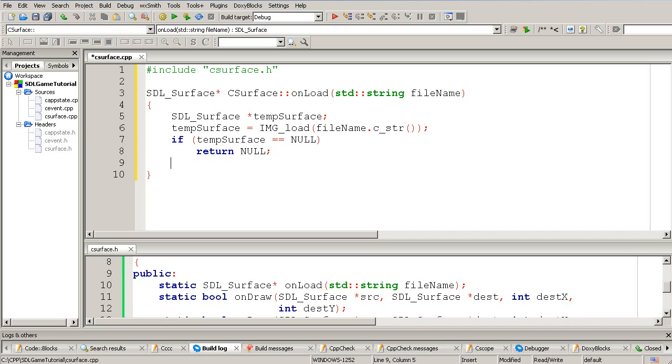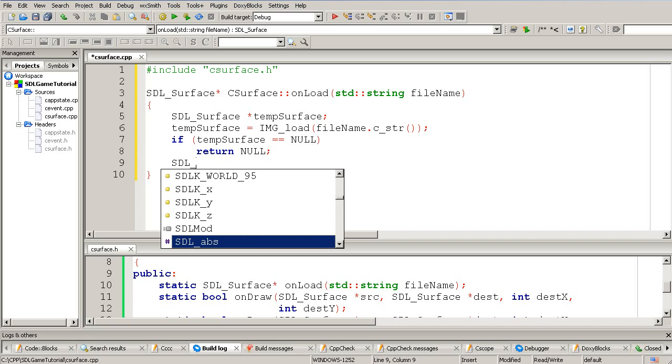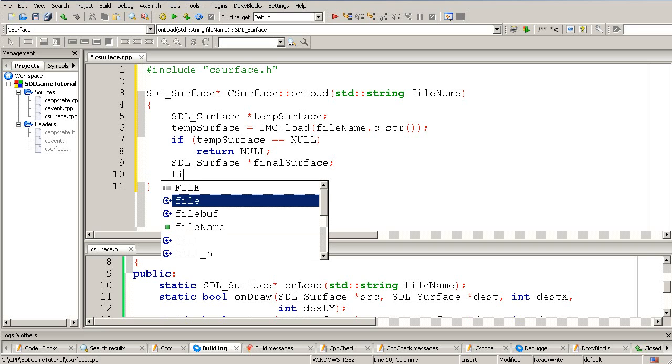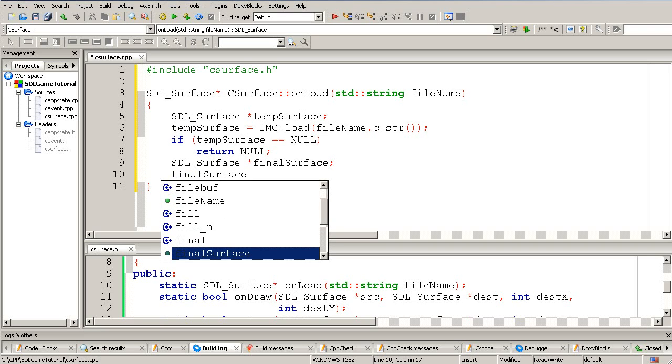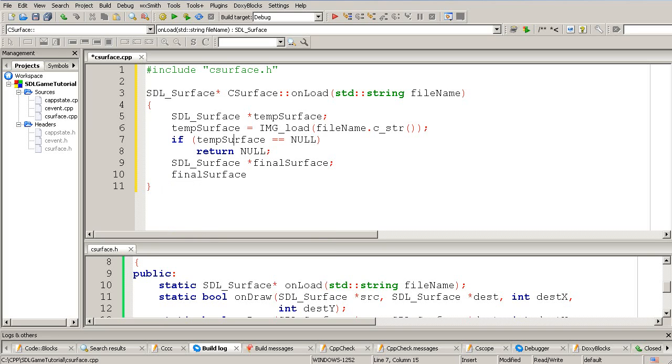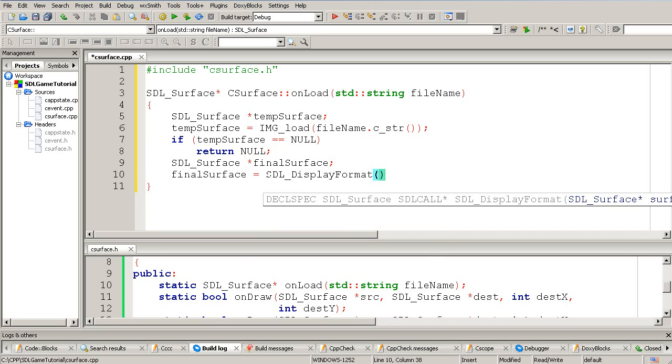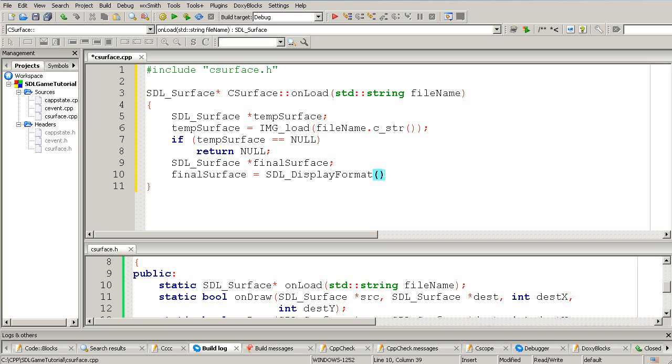However, if temp surface is not equal to null, which means we have successfully loaded the file, right now would be a good time to create another surface, which is going to be our final surface. That's the surface we're going to actually return. Knowing that temp surface already contains a good surface, we take this final surface and we call SDL display format. What SDL display format does is it simply takes another surface as an argument, like temp surface,